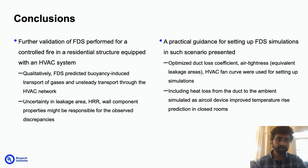So with that, I would like to conclude that in this study, further validation of FDS was performed for a controlled fire in a residential structure equipped with an HVAC system, and qualitatively the FDS predicted the buoyancy-induced flow and the transport through the duct network, but there were several uncertainties in the leakage area, heat release rate, etc., which might be responsible for some of the discrepancies in the measured and the predicted